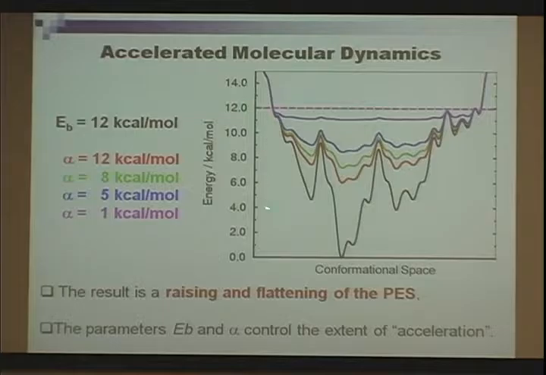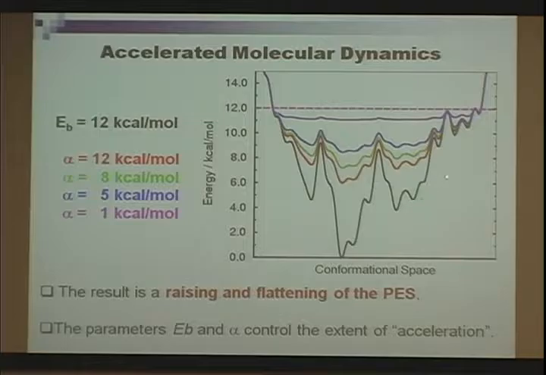So the black line represents the hypothetical one-dimensional potential energy surface. And our boost energy I've set at 12 kilocalories per mole. Now in an ordinary simulation, a classical MD simulation, we'd be sitting here at the bottom of this potential energy well, and we'd basically be stuck there. We'd be moving backwards and forward, and we'd have to do a simulation for a very long period of time before we could somehow jump over this relatively large energy barrier of some 9 kilocalories per mole to get into